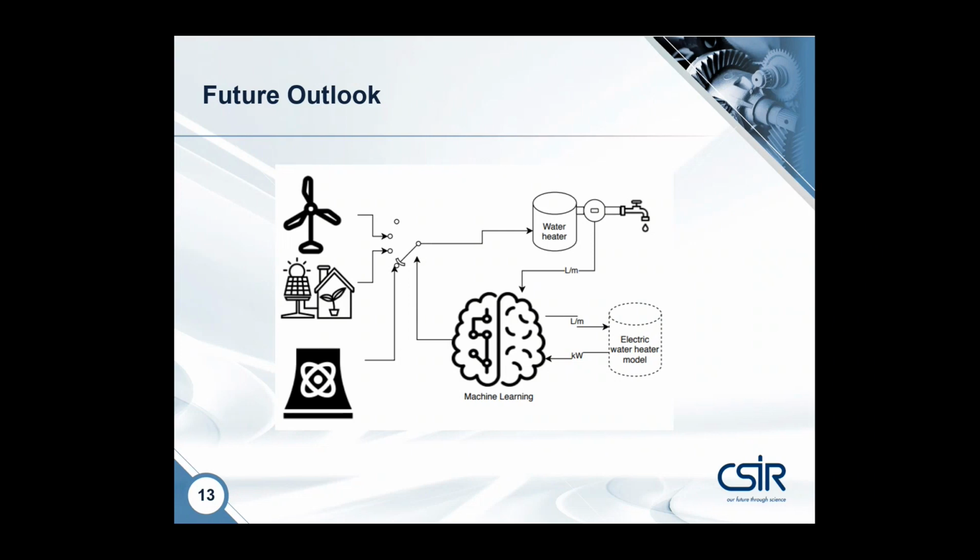But the study that we did for the CSIR was just to understand the benefit of employing controllers within water energy consumption, and we saw very great savings, and we believe that there are great savings that can be achieved within other sectors as well, especially when it comes to residential and domestic areas, where there is a lot of work that still needs to be done, and also how to develop these models, considering the fact that immediately when things are becoming